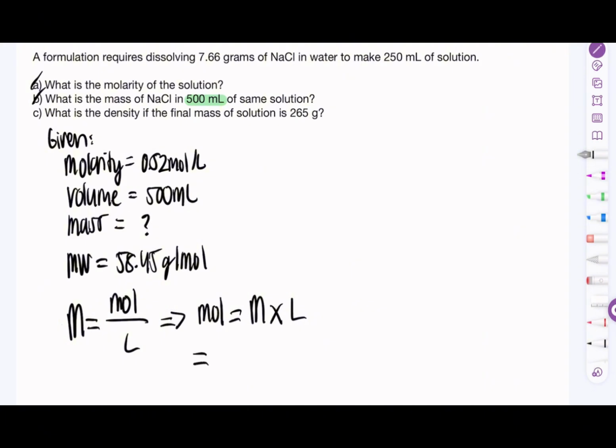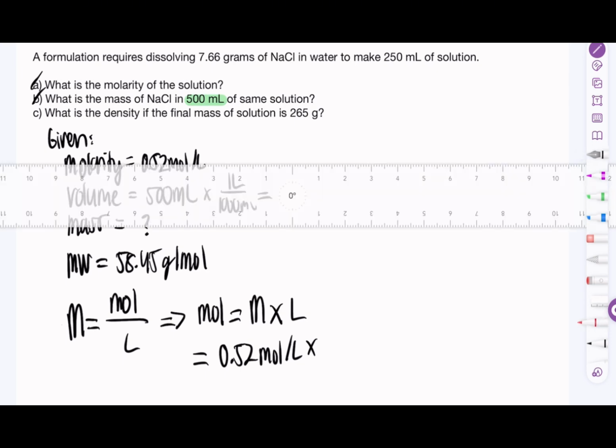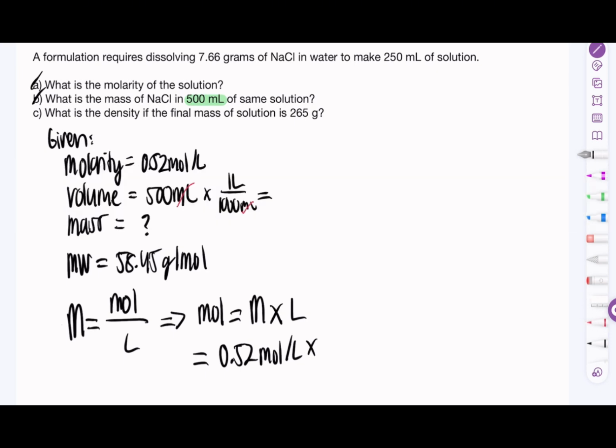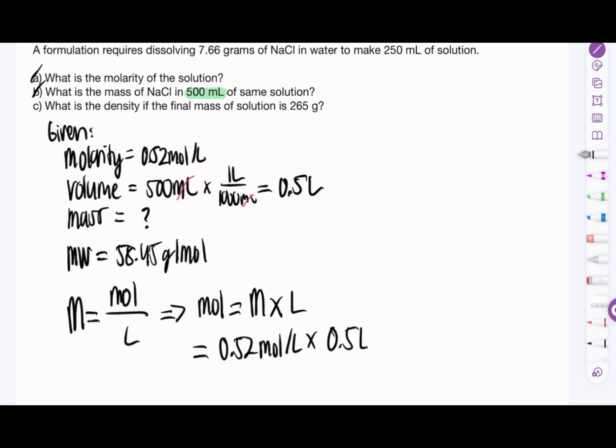So let's solve it. 0.52 moles per liter, as solved in the first part, times the new... Oh no, I forgot again about conversion. Don't follow me, guys, because I always forget about it. Anyways, convert 500 milliliters into liters. Cancel. Oh my god. 0.5 liters. So now that we have converted the volume, we use it to find our mole. Cancel the liters. Now solve for it. 0.52 times 0.5 is equal to